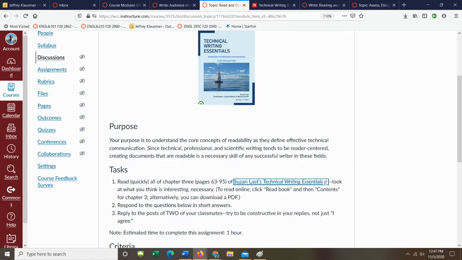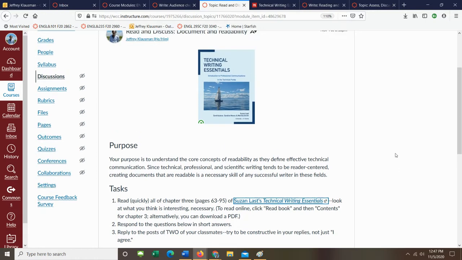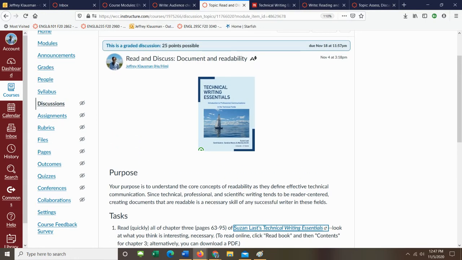Then we're going to spend a little bit of time reading about a pretty important issue in scientific, technical, professional writing. Now, earlier we talked about ethics, who the technical and professional writer is responsible to, for what and why. And this continues from that conversation. Here, the issue is readability. I think you can imagine that a confusing professional report can cause some real damage. And so readability is a big issue. Yes, it's culturally determined, but that doesn't mean it's not something we wrestle with.